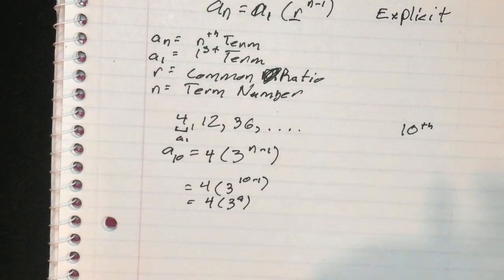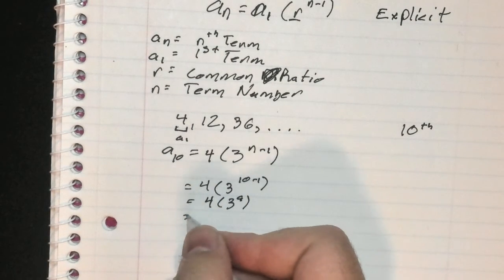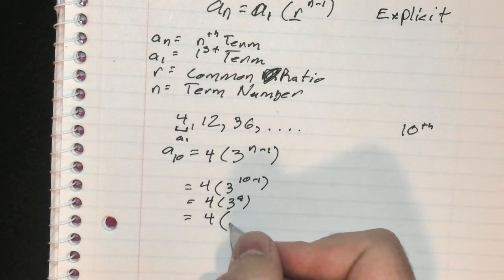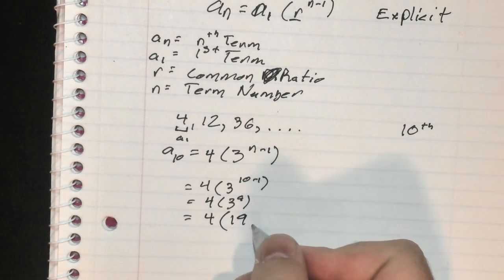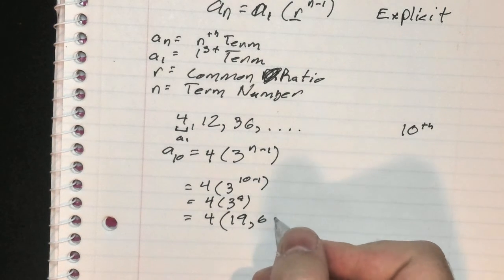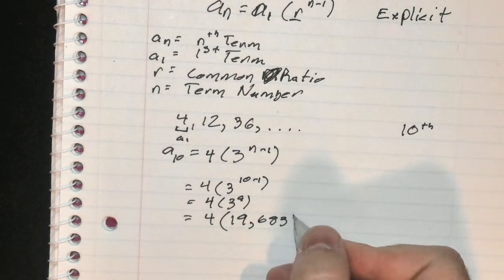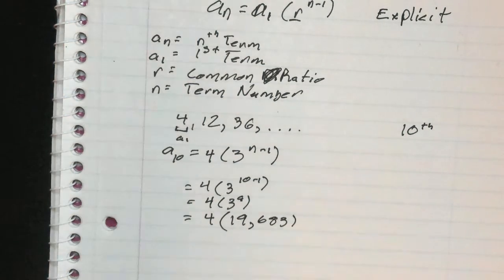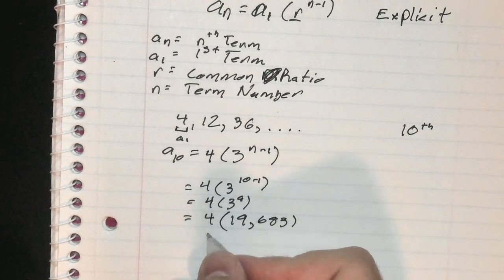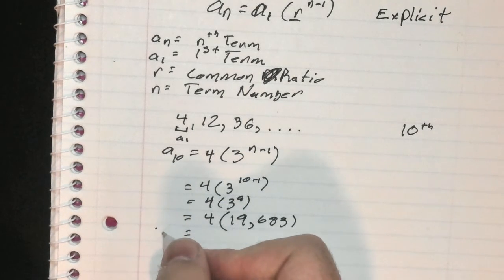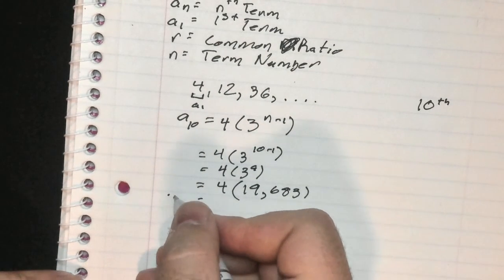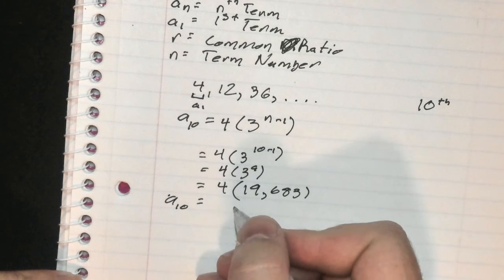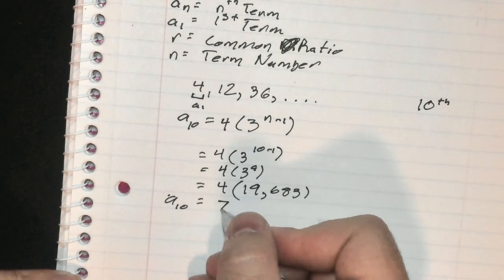Okay, 3 to the 9th, once I type that into the calculator, is 19,683. Now I have to multiply it by 4 because that's the term that I started with. Using a calculator, if I multiply that by 4, I find that the 10th term of my sequence is